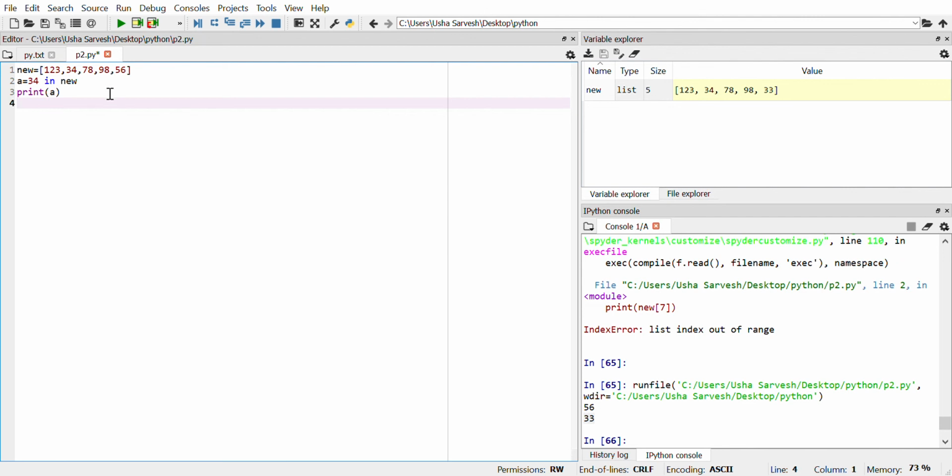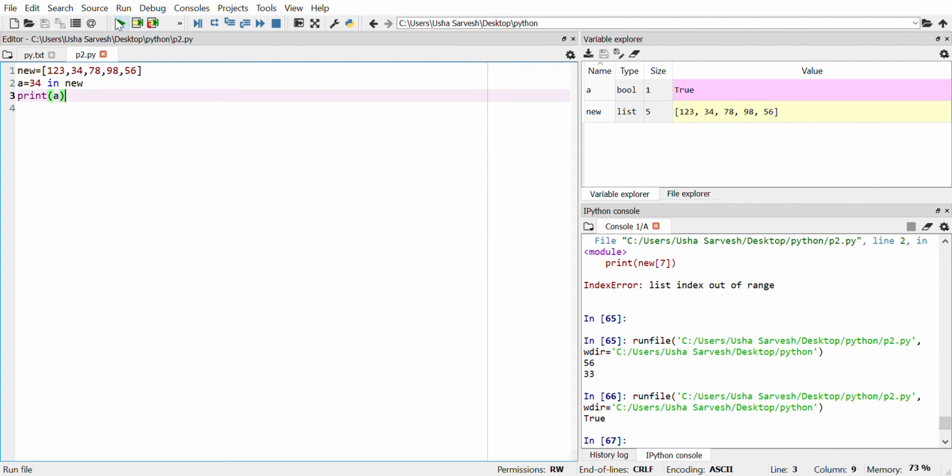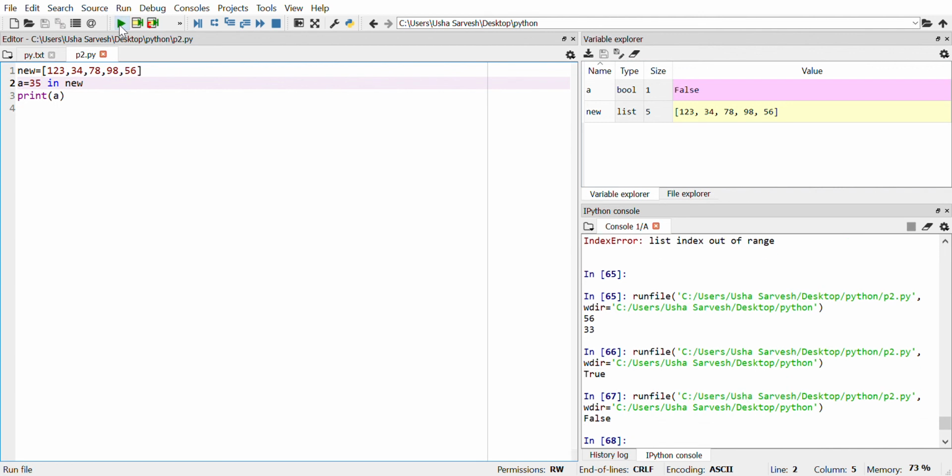I use 34 in new. So if 34 is present, it gives us a true, else it gives us a false. So I have assigned the result of 34 in new to A and I'm trying to print A. If 34 is present, it will give me a true. In case I'm trying to search 35, which is actually not present in the list, it should give me